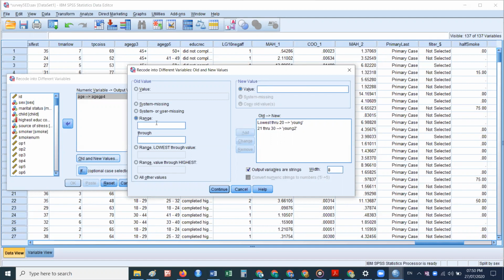Add, and then the next group from 31 up to 50, I am defining as young3. And the last age group I want to define as range value through highest, and this is from 51 onward. I'm just defining it as senior.